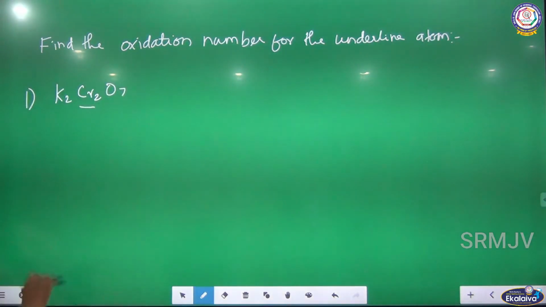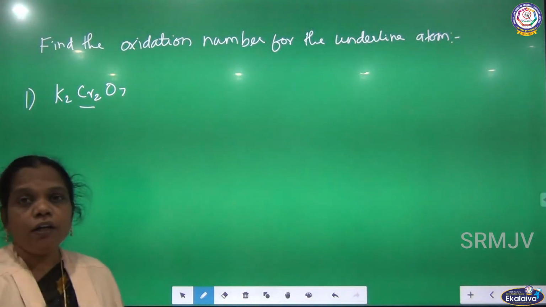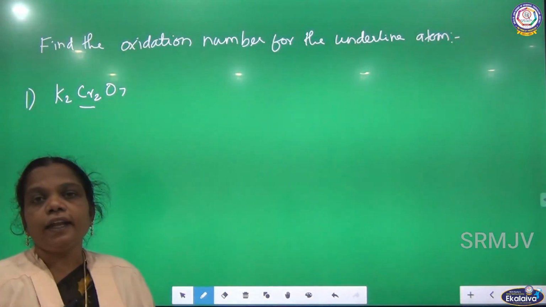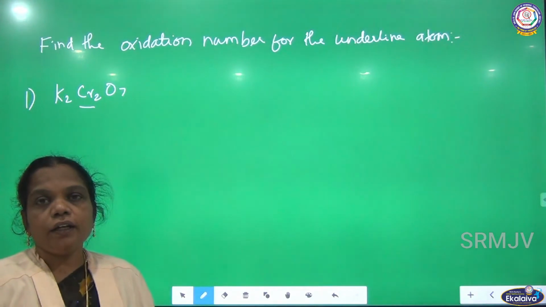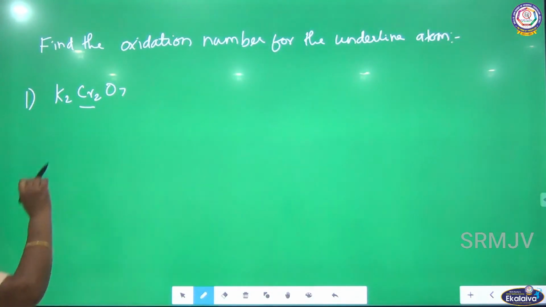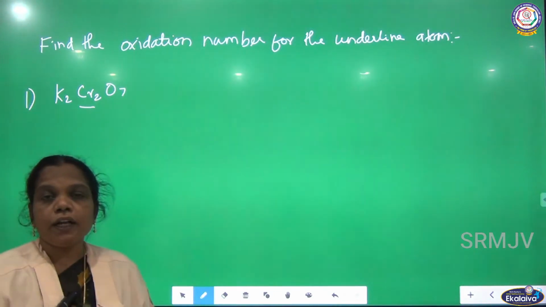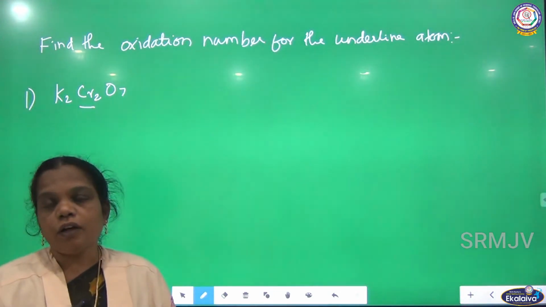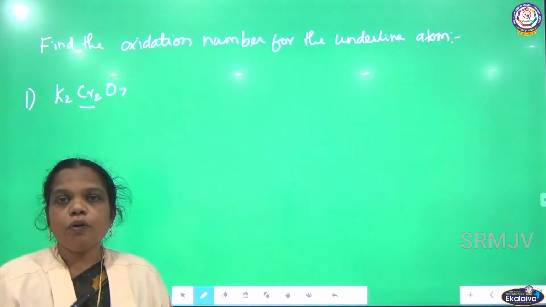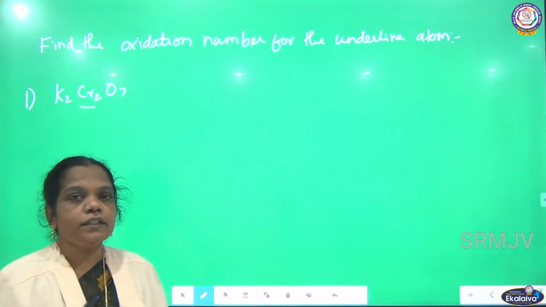In this case you want to find the oxidation state for chromium. So which one do you have to find out? You have to assign it as X, and you have to apply the remaining. What are the remaining atoms? Potassium and oxygen. Potassium is always +1 oxidation, and oxygen, it is found in the compound only, so -2 oxidation state.